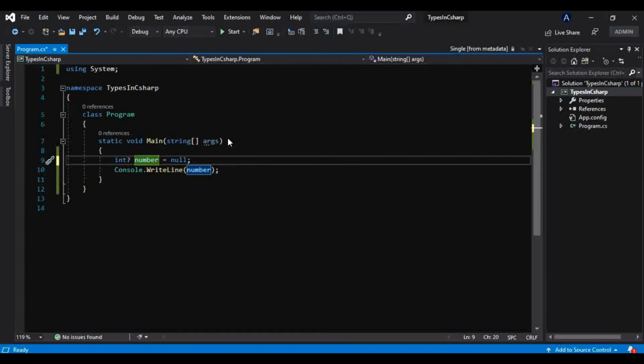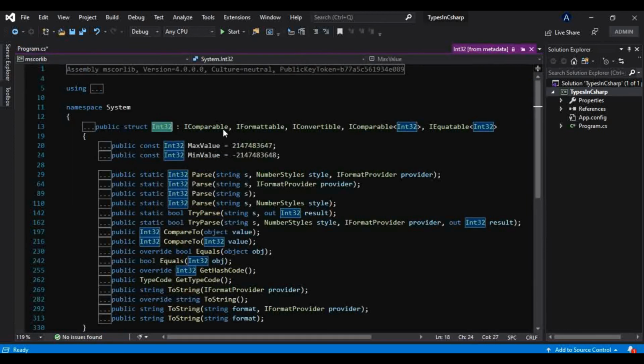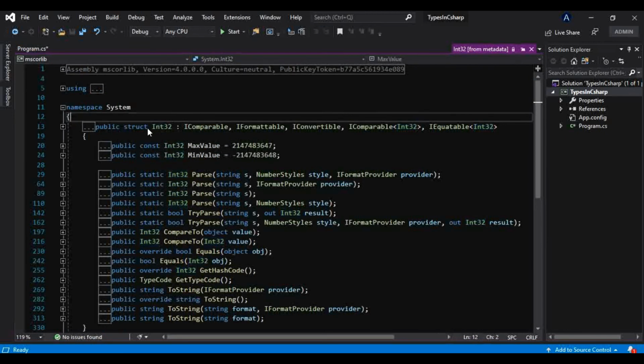Let's see. We already saw that int is a value type, so let's go to the definition. Now you can see here this Int32 structure.